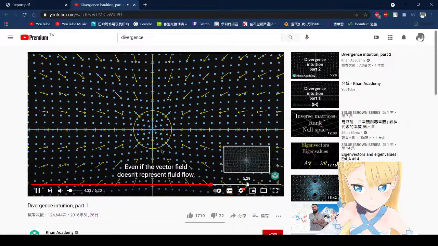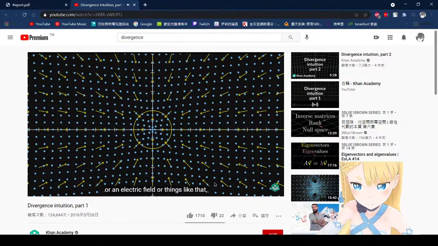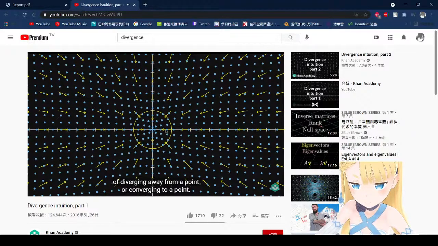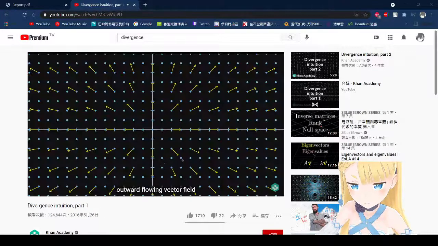And even if the vector field doesn't represent fluid flow, if it represents a magnetic field or an electric field or things like that, there's a certain meaning to this idea of diverging away from a point or converging to a point. And another way that people sometimes think about this, if you look at that same outward flowing vector field,